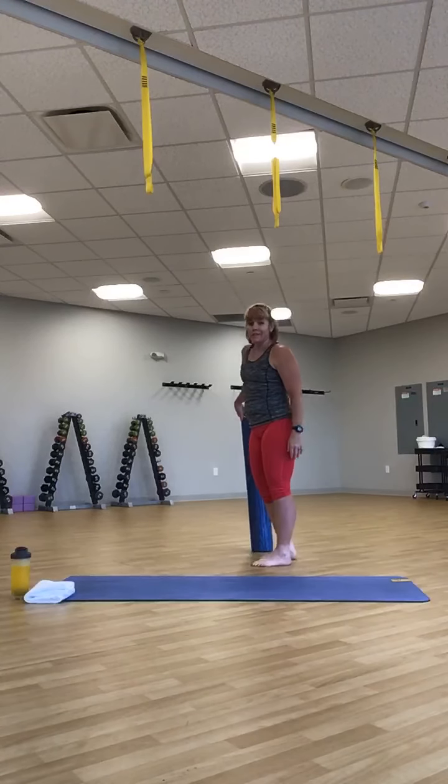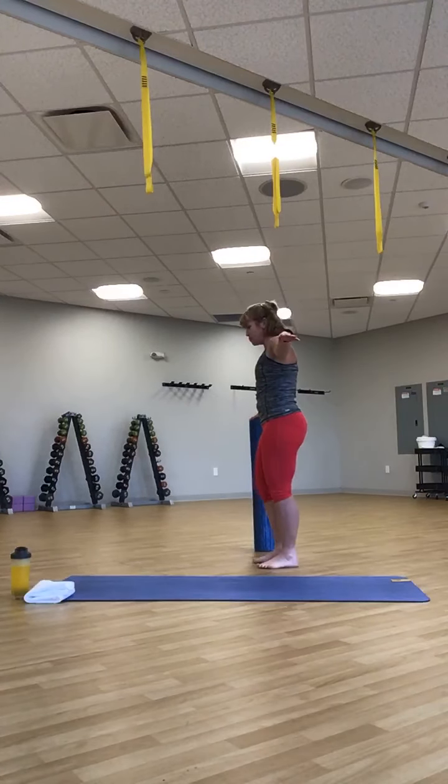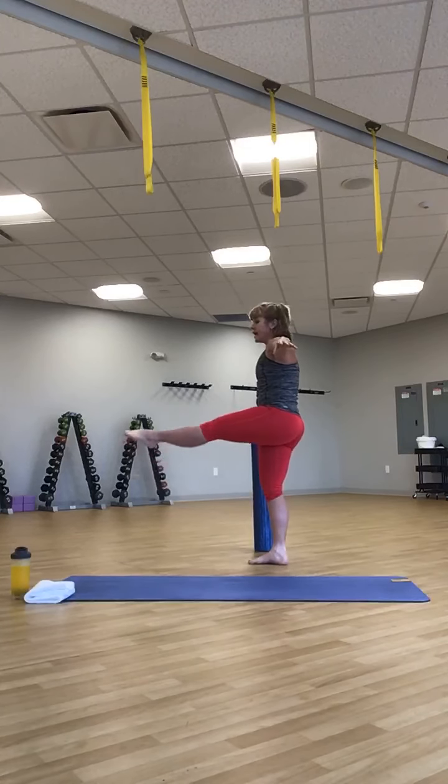Okay. Turn to face the other direction or just switch sides. Other leg out in front. And take it up, out,